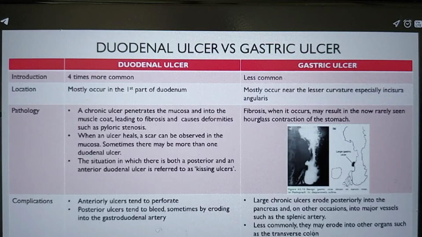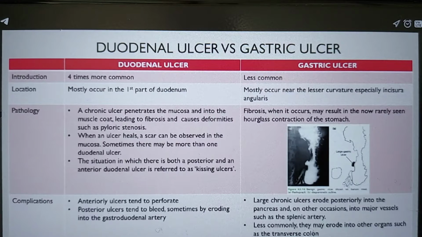And sometimes by eroding into the gastroduodenal artery. For malignancy, duodenal ulcer is not usually associated with malignancy, compared to gastric ulcer. For the location, it mostly occurs near the lesser curvature, especially the